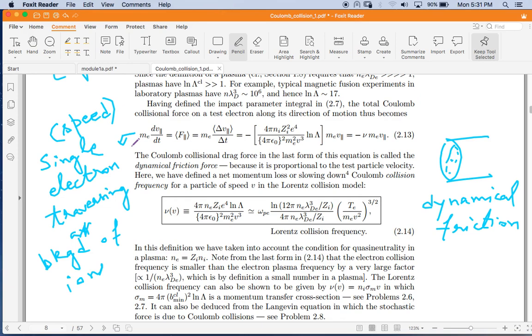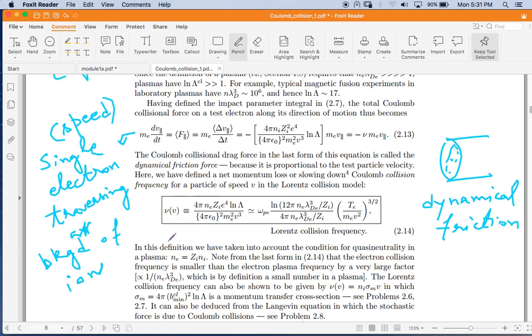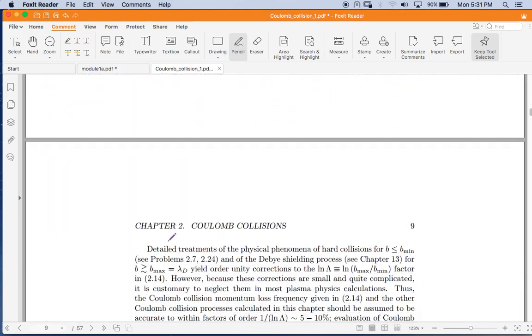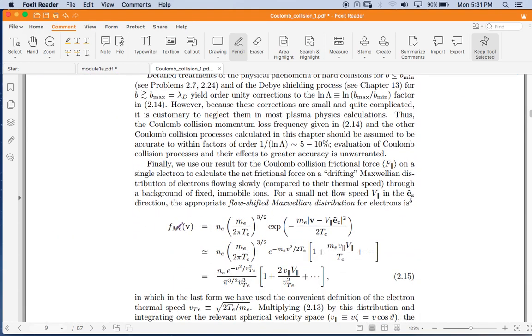The other thing to remember is that this entire treatment is valid for a single electron given a single speed, traversing a background of ions. The natural extension would be to consider an electron which has a distribution of velocities, like that. So this is a Maxwellian with a well-defined average velocity. This is the mean velocity right here, capital V parallel, and the rest is just